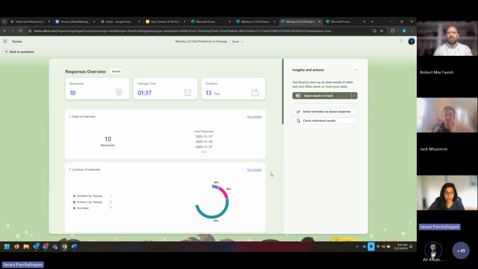So what you're seeing is, I hope, a drastic difference in the type of data that you're getting. The first question is your date of interview. So now you're getting a standardized date of interview. Most people are saying the right information, that it's November 14th was her interview based on the case study, which is great. So of course there's going to be some minor user error because I'm seeing some 13th come out, but that's great. At least it's all coming out in the same format, and we can pull this out and visualize it in reports. We can create a lot more tasks and follow-ups based on these dates